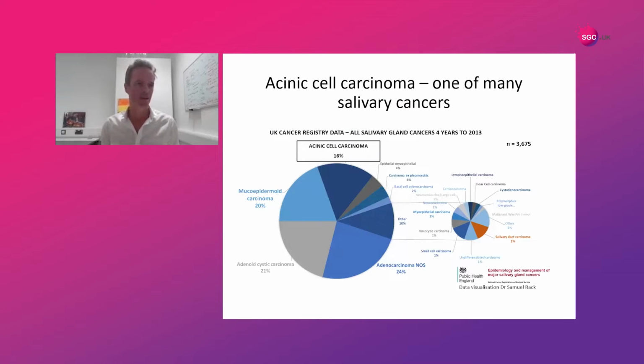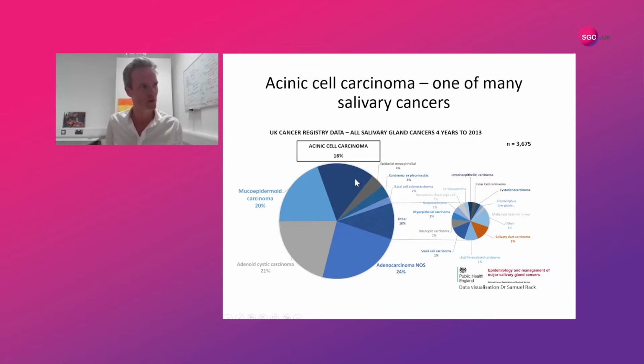Now, to put acinic cell carcinoma in a bit of context, there are at least 24 different types of cancer that arise in the salivary gland when you classify them based on how they look down the microscope. It's what we call histopathology. So acinic cell carcinoma, hopefully you can see the arrow. If you can't, then never mind. But in the box at the top here,